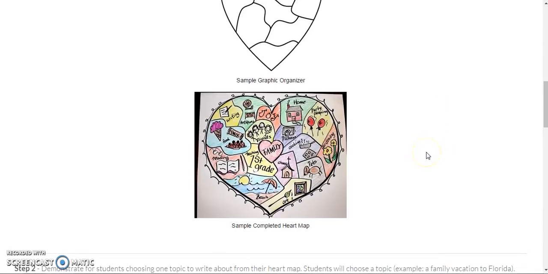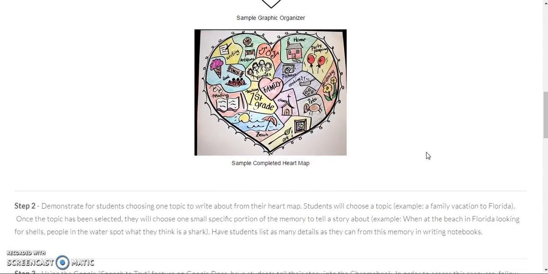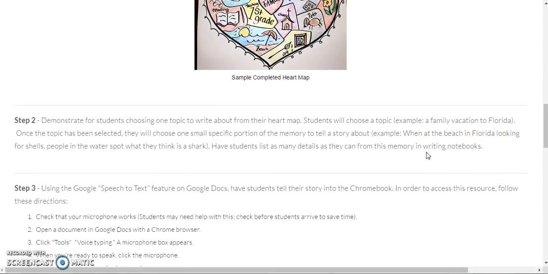So here's an example of what a completed heart map might look like. And they take a lot of time on that and put in a lot of hard work, so that they feel proud of it when they're finished, because that's something that they're going to refer back to quite frequently during this narrative writing unit. So from the heart map, then I demonstrate for students how we pick just one of those things to write about,